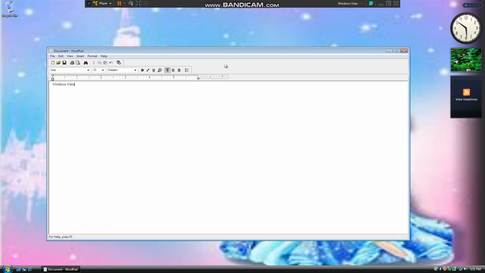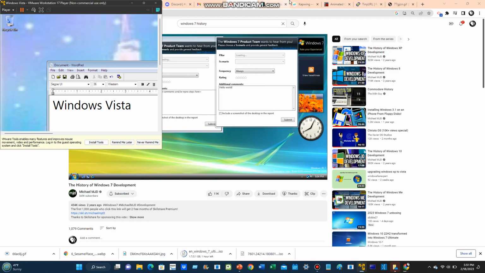There have also been some changes made to the gadgets, as the sidebar has now been entirely removed. This is exactly how Windows 7 behaved. There's also a new gadget asking the user to rate their experience. When clicked, a form will pop out which could be used to submit feedback to the developers. The feedback icon on the desktop has been changed as well, and it opens up the same window that we saw on the gadget, although this time it's a dedicated window as opposed to a gadget pop-out. Additionally,